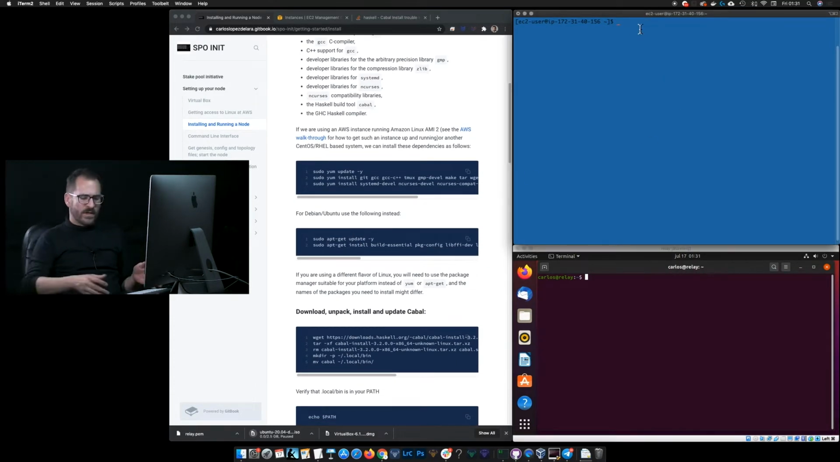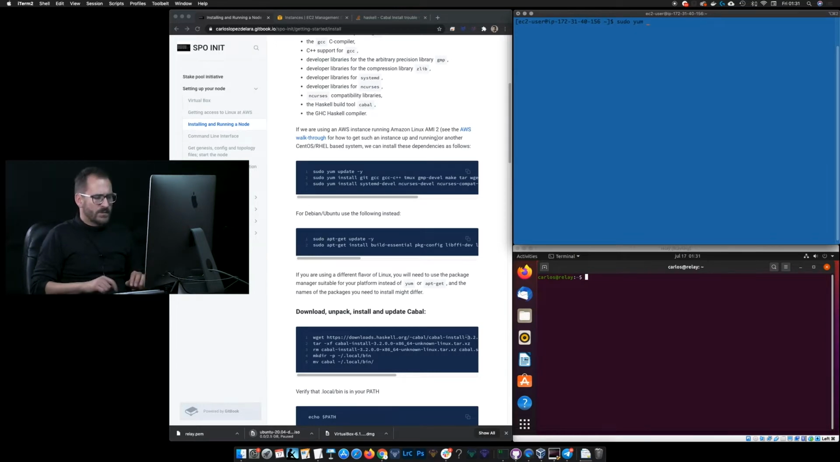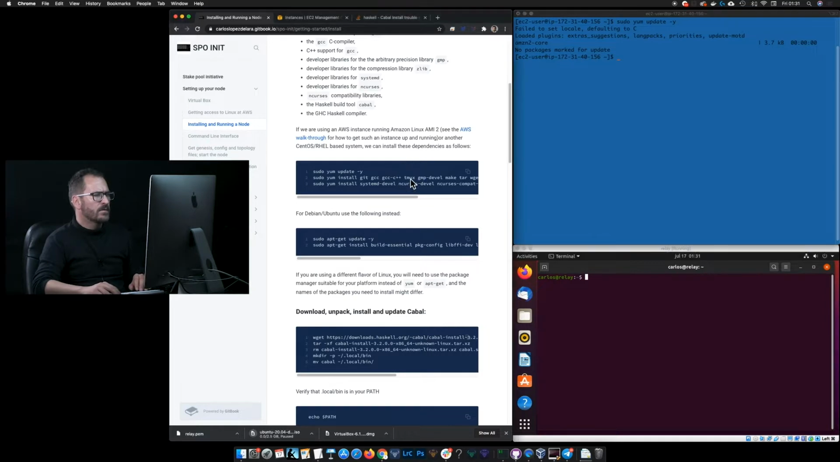If you are using any other flavor, you may need to actually look for the actual name of the dependencies on that version. But this will cover like 99% of the alternatives, so this should be good to go. So we'll start with sudo yum update. So nothing to update, we're good to go. And here we start